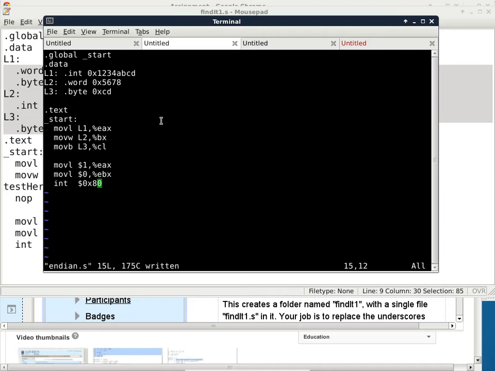In hexadecimal, it's going to be 1, 2, 3, 4, A, B, C, D, right? Okay. What do you think will be in register BX? Just focus on the least significant 16 bits of EBX. 5, 6, 7, 8 in hexadecimal, right? And what do you think will be in register CL? CD in hexadecimal. Okay. So we'll run this program just to make sure that these observations are in fact correct,